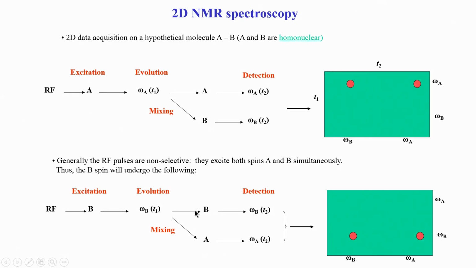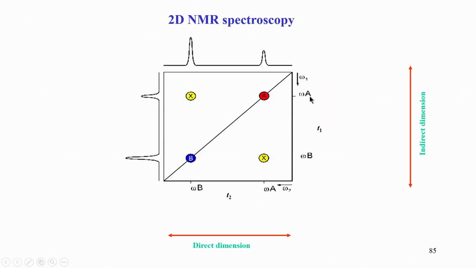So, when both are together, the spectrum also will be a combination of these two. When you combine the two spectra or two patterns, essentially what you get is a spectrum like this. So, this is the 2D NMR spectrum. You can see here omega A to omega A and B to B, and that lies neatly on what is called a diagonal peak of a square.